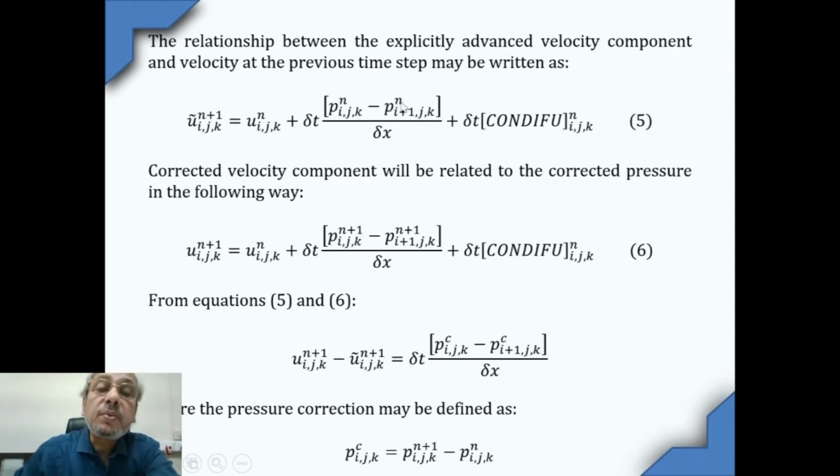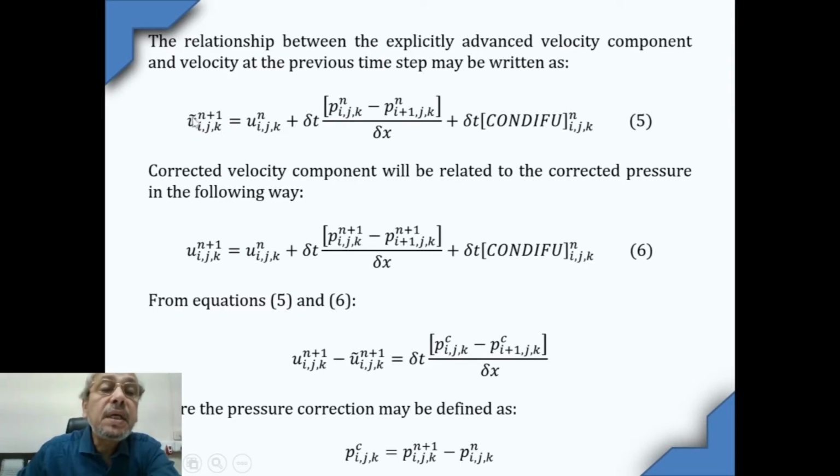We are now writing it as (p_ijk minus p_i+1,jk) by delta x. So minus dp/dx we are writing in this way, bringing in a plus sign here, and this is also multiplied by delta t to produce